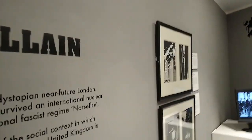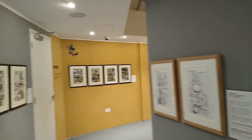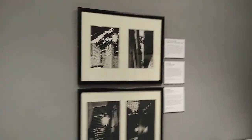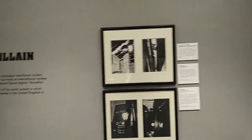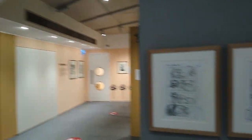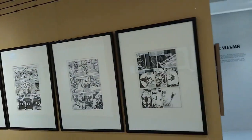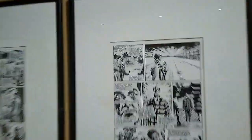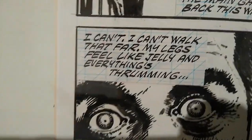So we get to see early pages. We have a mixture of original artwork, V for Vendetta. We have some of the acetate coloured pages, with some of the interstitial pages that we used in Warrior magazine and also in the later DC publication. Storyboards from the film. More original artwork. There's a lot of original artwork here. Really, it's quite a lot, and you get to see all the details, all the penciling,